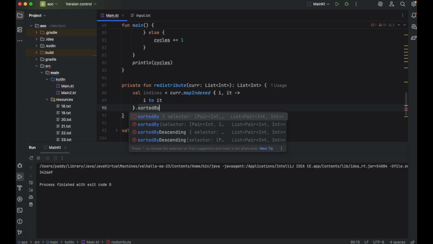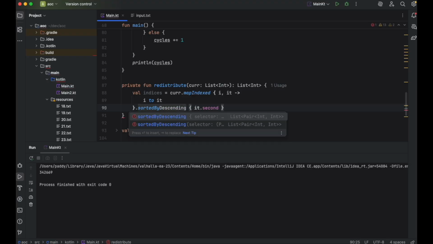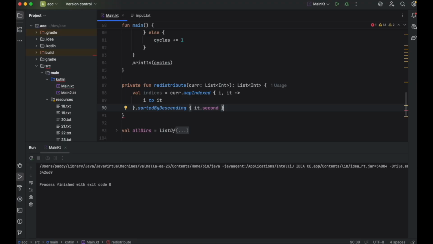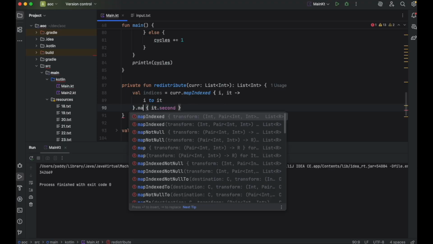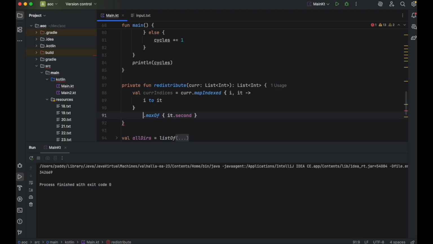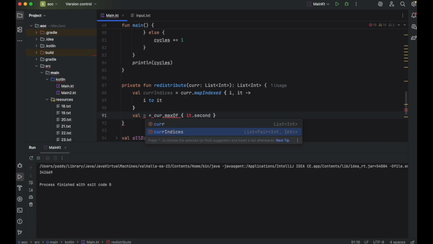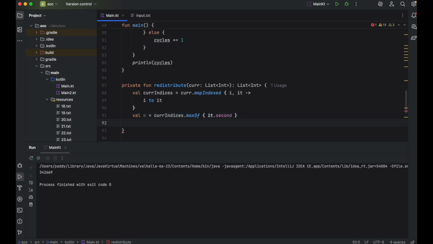What is sorted by the second one? Why can I not just get the max off? Okay, that's the max. Or I just get the indices and then I just get the max later. Get this, and then I just do